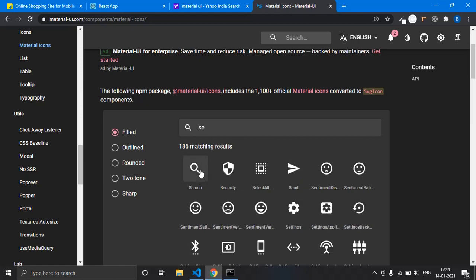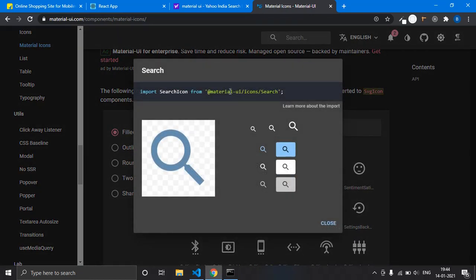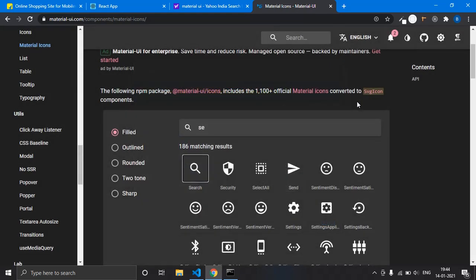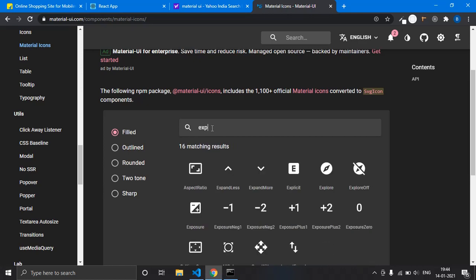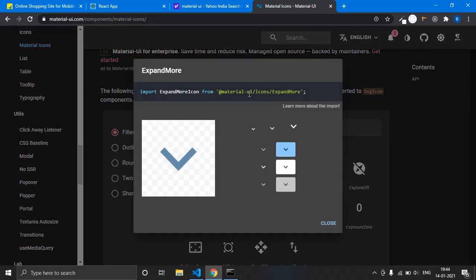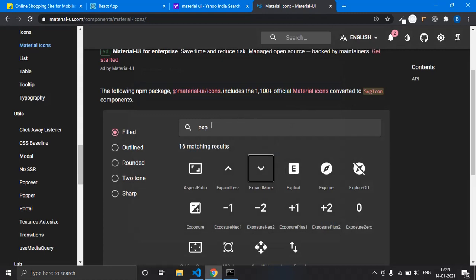After the required component is shown, just click on that, and it will show an import statement, and click on that again so it will copy that import statement, and now just press Ctrl C, it will be copied to your clipboard. Now again the second one is that angular bracket like something, right? So that is the expand more icon. Again click on that and click over here again, just press Ctrl C, it will be copied to your clipboard.